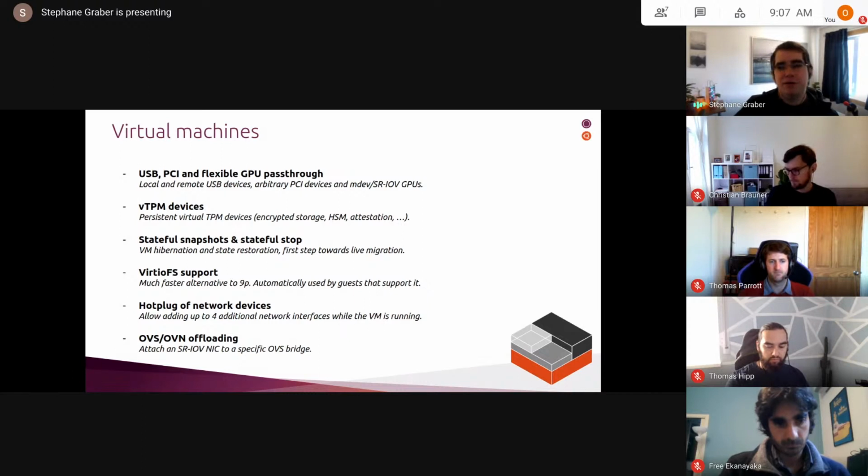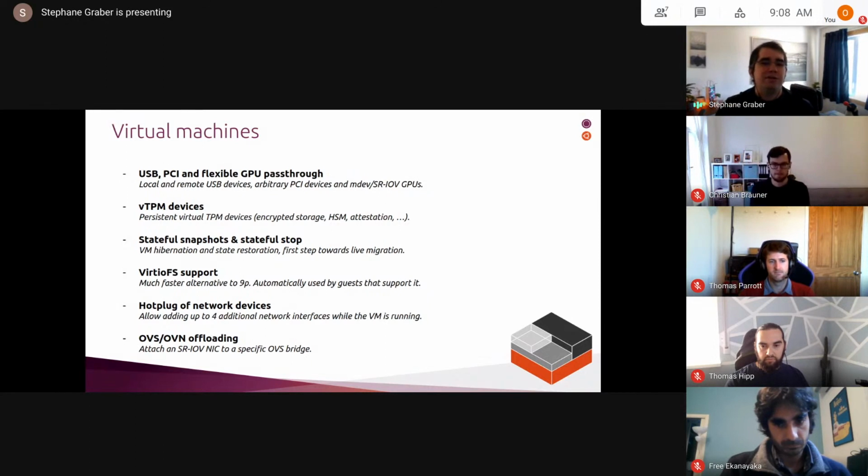And for those, we track down the right device. We set up things like SIOV, and then we pass the proper PCI device into the virtual machine. There's a general request to just support any PCI device. For those that know what they're doing, they should be able to just tell us, hey, this particular device, I'd like to move it into a VM. And it's pretty straightforward to support, so we're going to be doing this cycle.